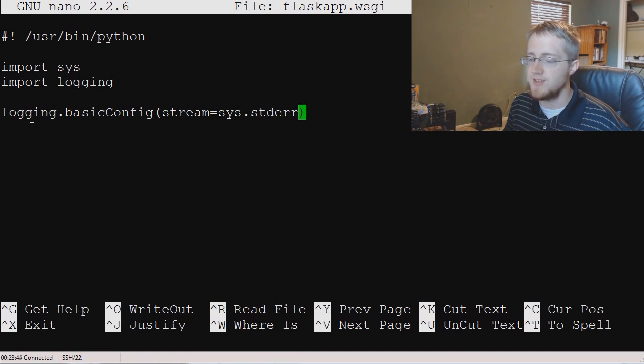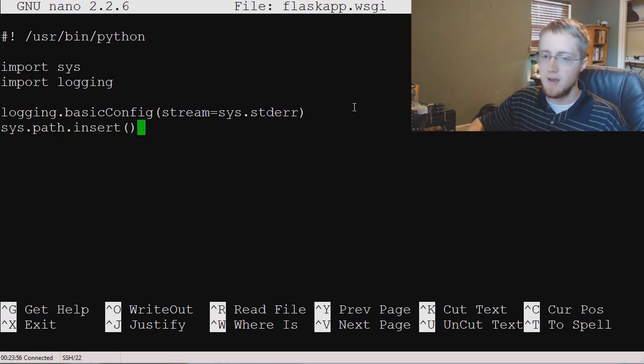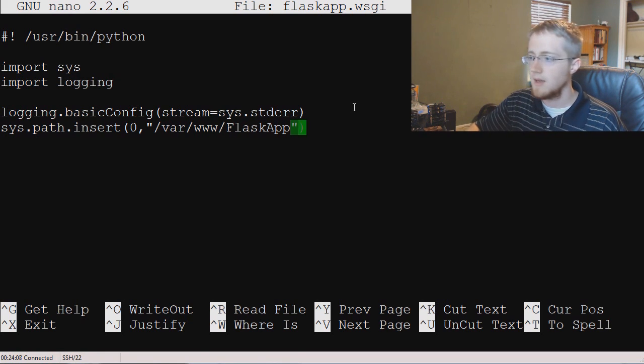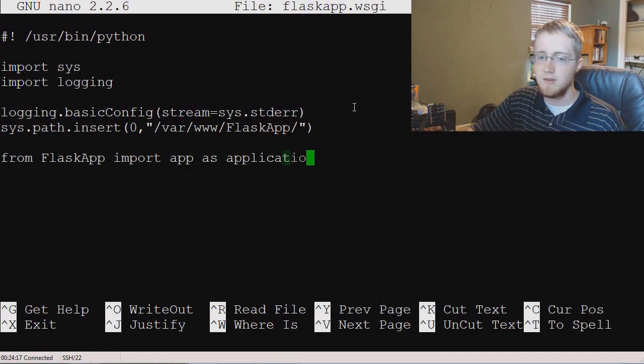So again, just to go over this line, logging.basicConfig with a capital C. And now we're going to go sys.path.insert 0, and then /var/www/FlaskApp/, and then we're going to say from FlaskApp import app as application, and then